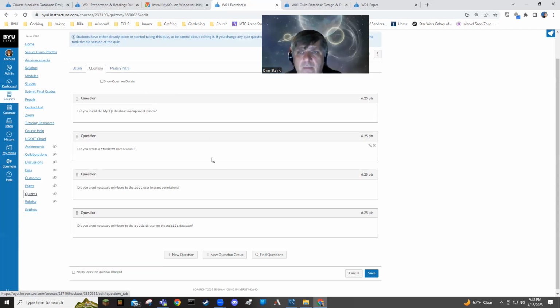And here's a very, very poorly kept secret. For weeks 2 through 10, if you can't figure out how to write the code, look in the back of your book. Everything is there. It's like when you were in high school and your algebra book had the answers to the odd number questions in the back, and your teacher said go look at them to reverse engineer your answer, so you can figure out what you're doing. Same thing's true here. So your exercises are not always going to be questions like yes or no. They will be like write code to do this and write code to do that.